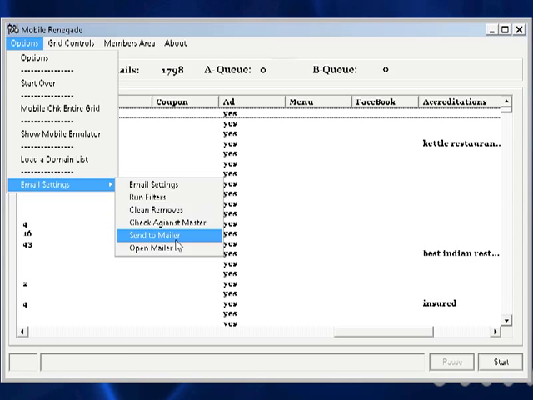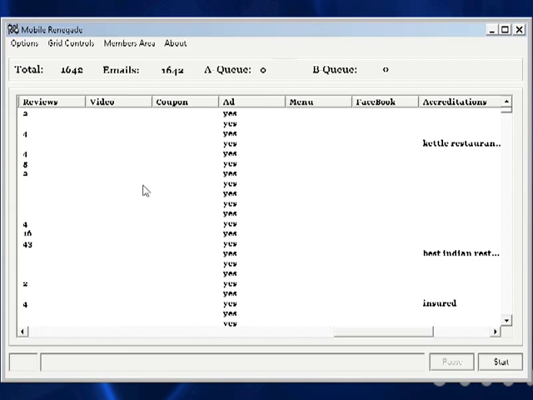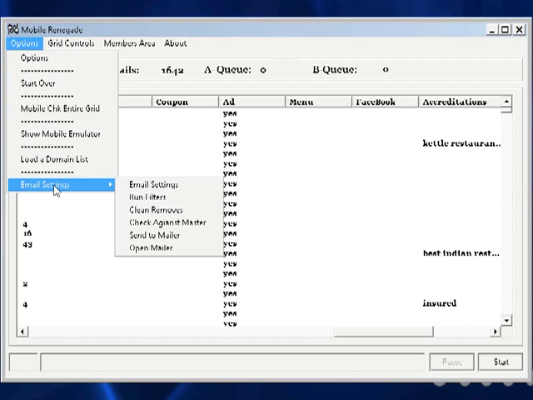And you'll see here, actually I jumped the gun just a little bit, because if you remember, we put in our filters which said don't send to any government or .edu domain. So let's run our filters. Perfect. Now we could have also checked against our removes list, or checked against our master list, which makes sure that we don't send an email to a business that we've already emailed. Right now we'll send our list to our mailer,